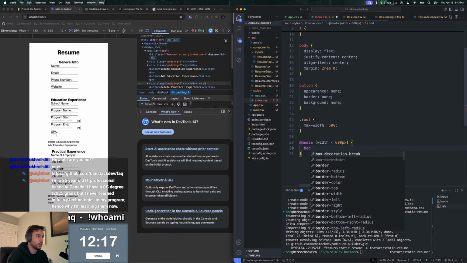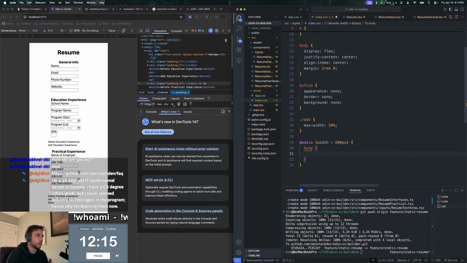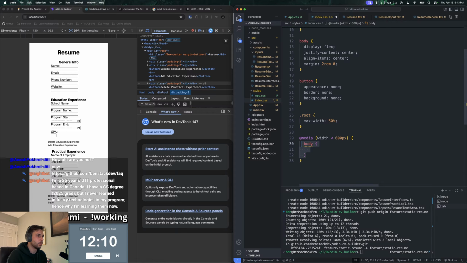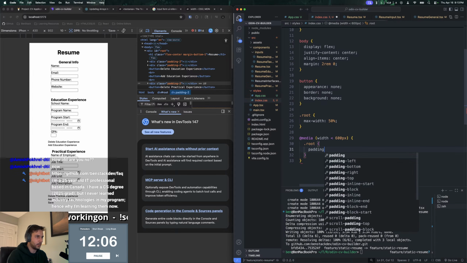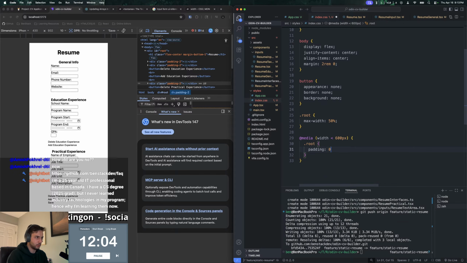So body is a little less margin. Actually, no. Where's the root? Sorry, the root. I'll just do margin, sorry, margin. Something like this,